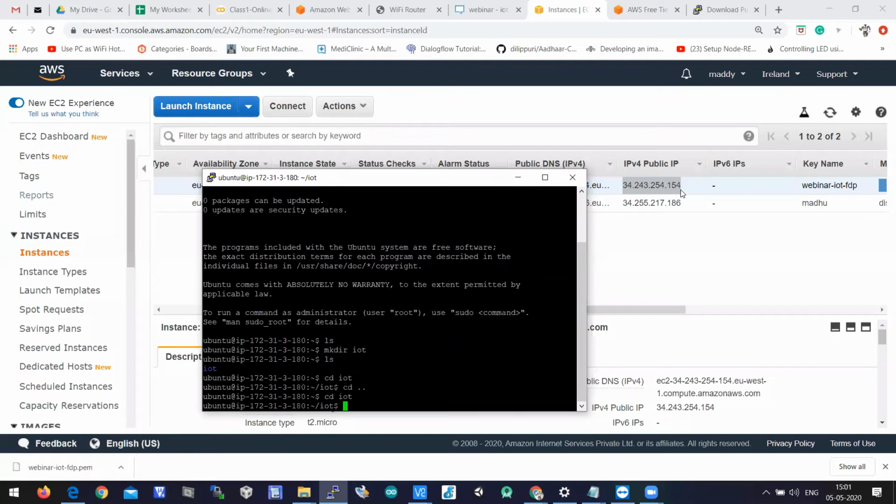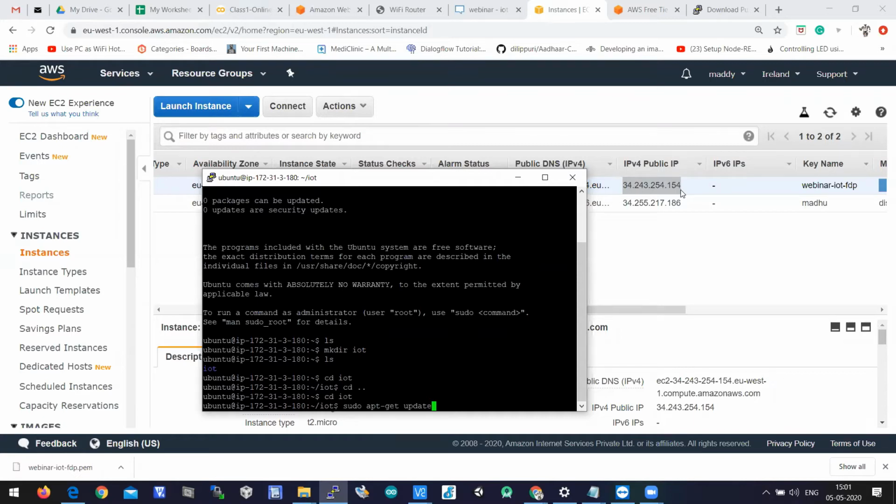So let us update the operating system. The command to update the operating system is sudo, same as Raspberry Pi. In Raspberry Pi also, the administrative command is sudo, super user do. sudo space apt-get space update.